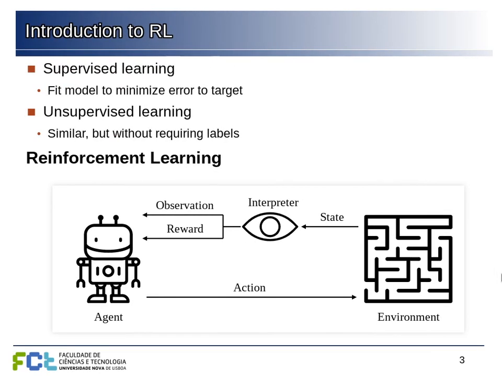So the idea here is that in supervised learning that we saw so far, we have some targets that we want to predict, and so we can evaluate the performance of our models and improve the performance with gradient descent, like we saw, in order to minimize the error to that target. We also saw this context of unsupervised learning, which from the perspective of the network, it's still the same thing. There is a target. We want to optimize the network by feeding it to that target. But from our perspective, it's unsupervised because we don't need to label things. Things like autoencoders, for example, work in this way.